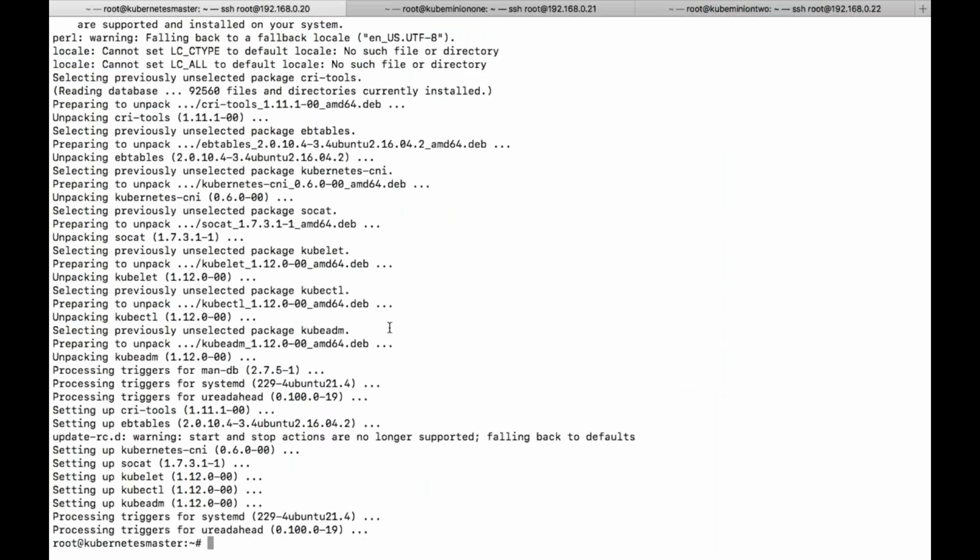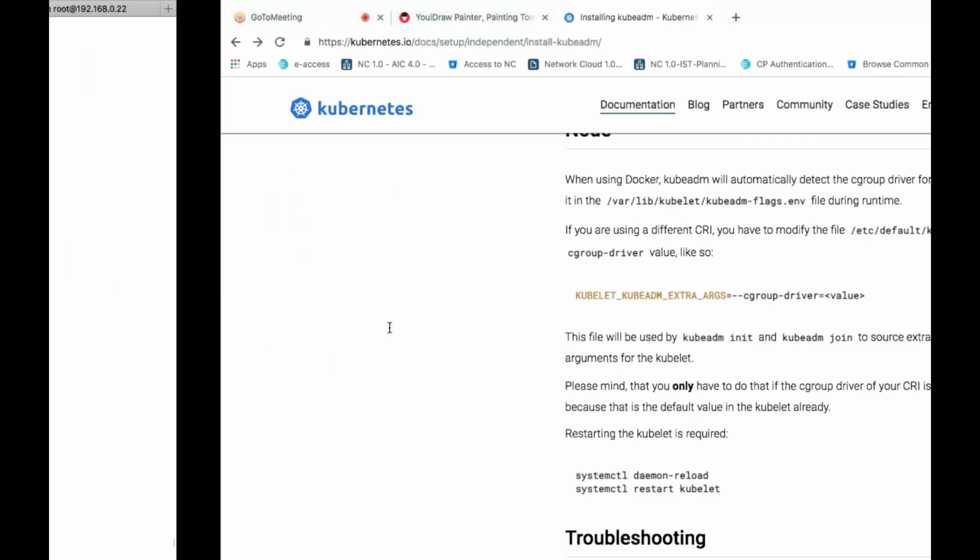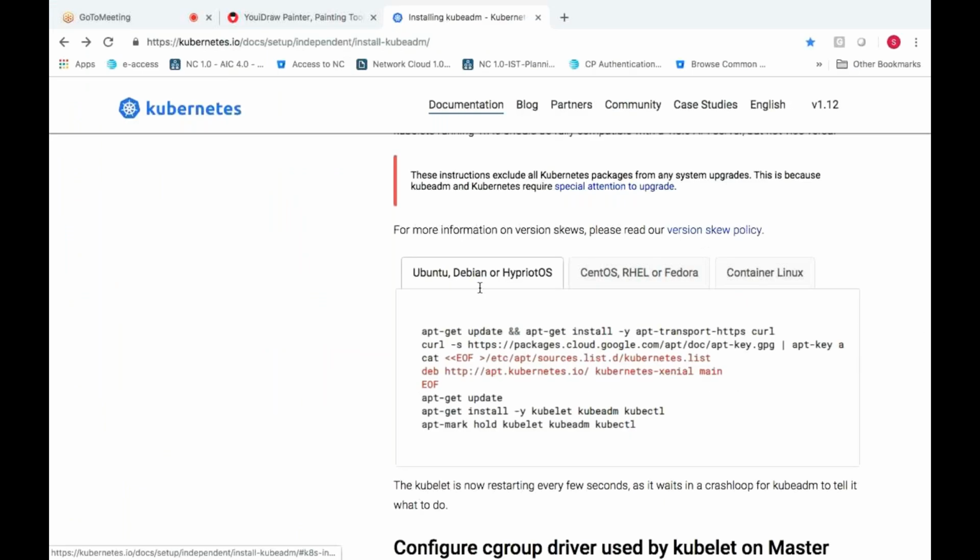So now this is installed. So let's check for Docker. So Docker is not installed. I don't know why they have not mentioned it. It is mandatory. Have they missed it or are we missing it? I don't know exactly, but if you look at this particular document, you can see here.